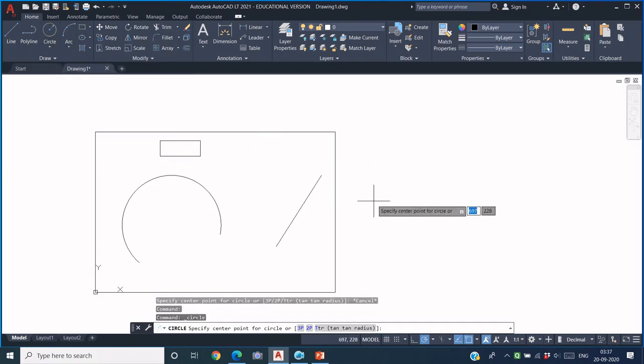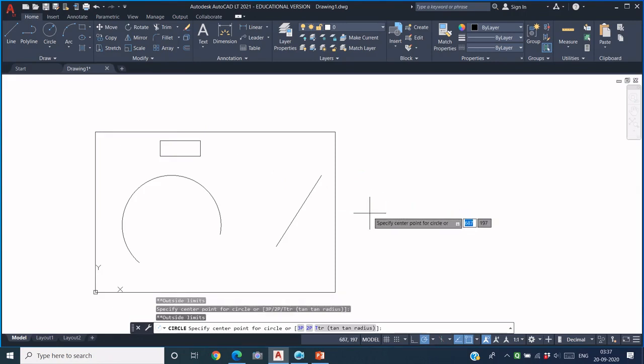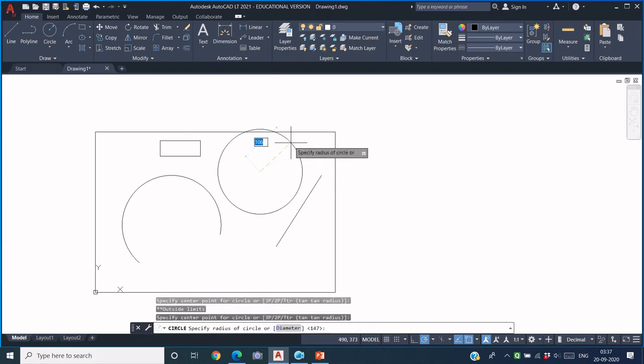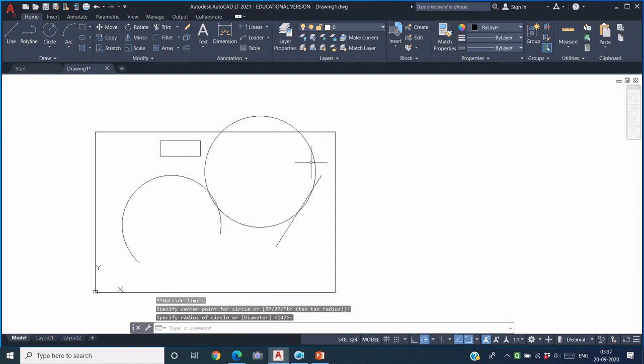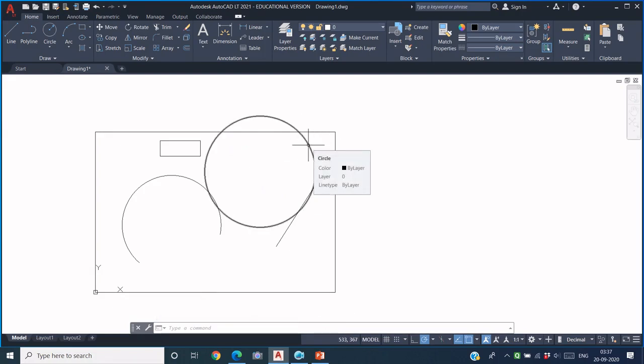If I try to give the center of the circle outside the limit area, the system will not accept that point as the center point of the circle. I have to specify the center of the circle within this boundary, right? But in this case, if I make a circle so that part of the circle goes outside, that is allowed because the other point that defines the radius of the circle was placed inside the boundary.